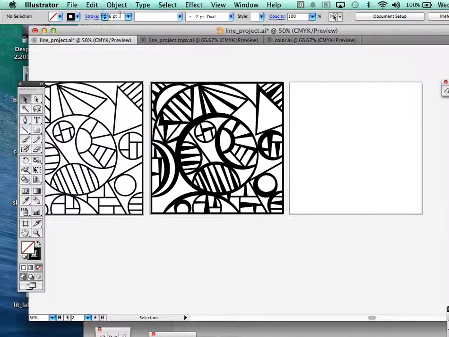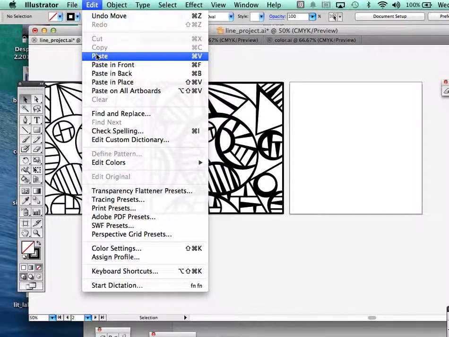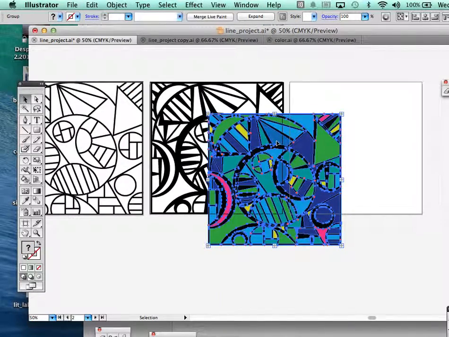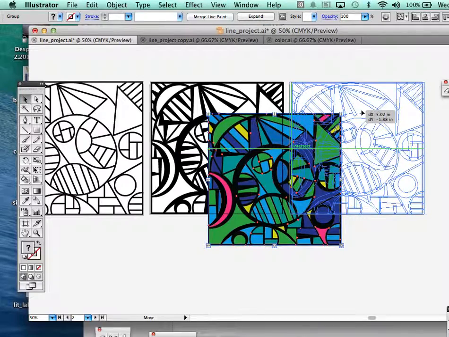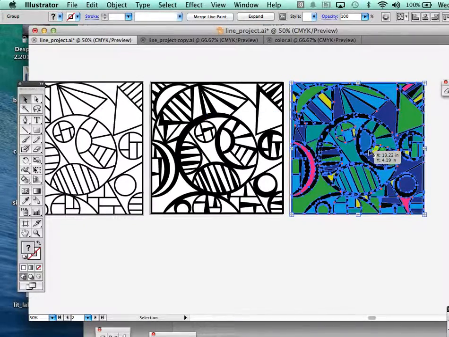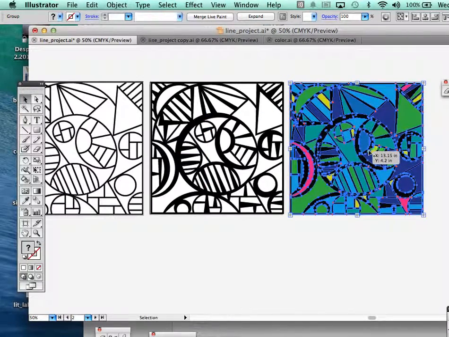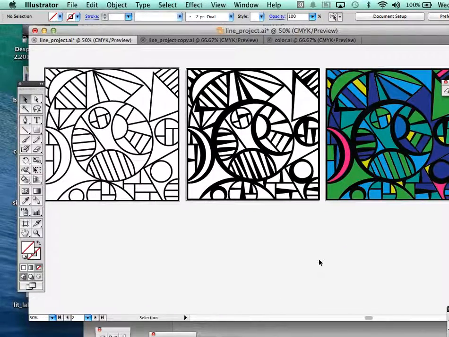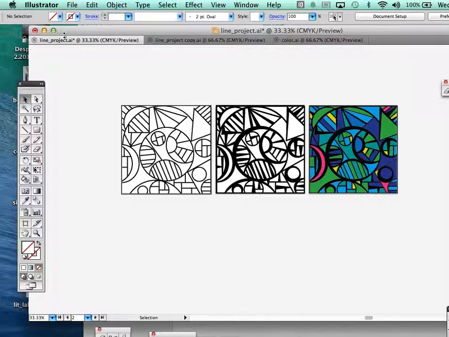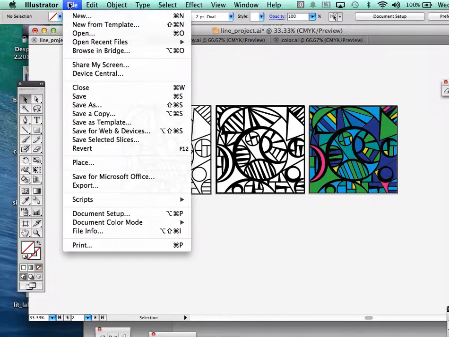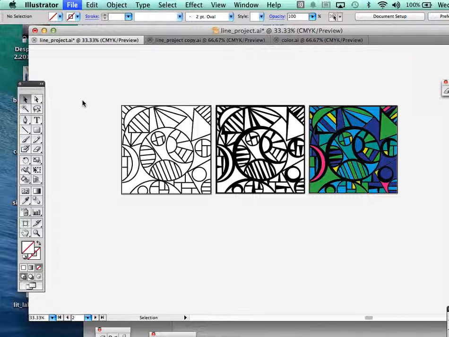I'm worried because it has color in it that it might not work. So I'm going to paste. Good, it worked. Okay, awesome. And I'll just move that over. And I'm using my arrow tool to nudge this around and put this in place. But now I have the 3 images all together, and if I hit File, Save, first of all, what's going